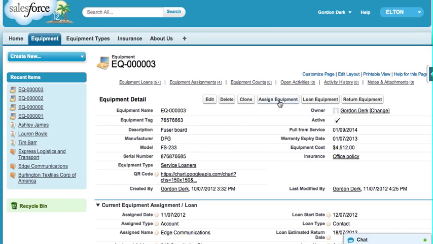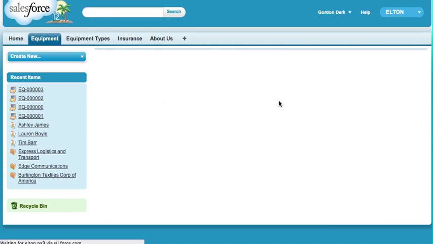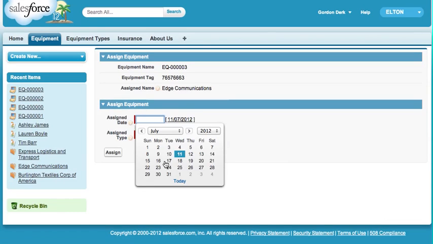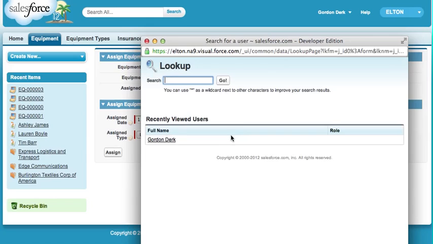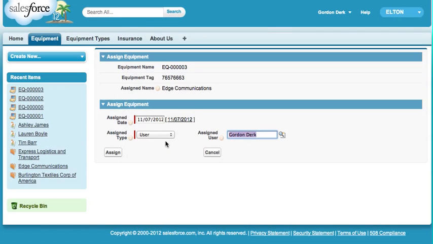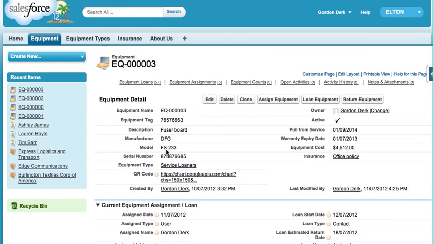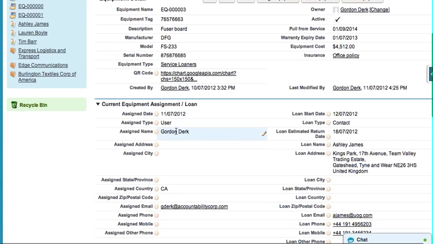Very similar for assignment. Assignment is changing who's responsible for the piece of equipment. Difference here being that we only get one date, the date that the assignment has changed. And what type of an assignment we're going to have. Let's say we're assigning this to a user. Let's look up into the user file, identify a user, and say assign. And now you can see that we've got this user is in control of the piece of equipment, but it's